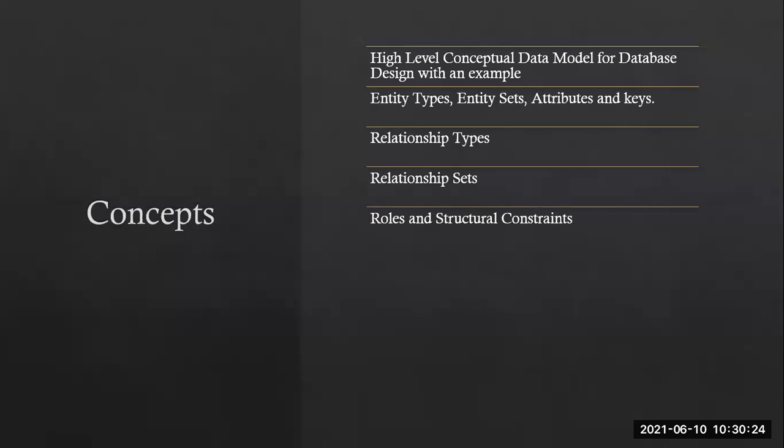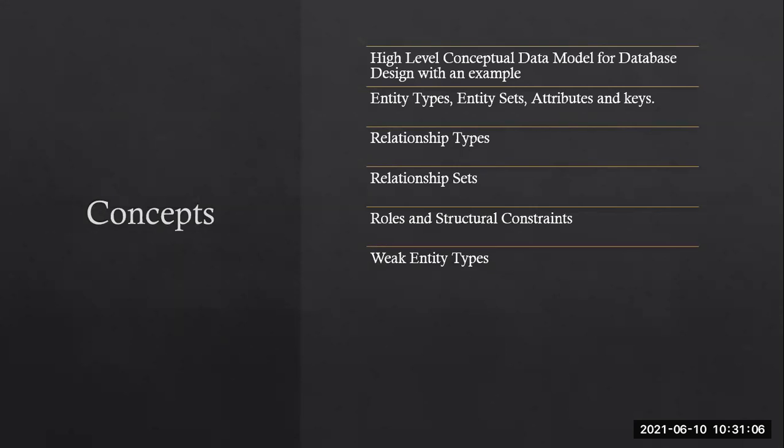Then roles and structural constraints. Now for these roles and structural constraints, we should be very particular about the construction of the tables when you work in your lab session. That time you will get errors called constraint errors, and we don't know what this constraint is. If you change one roll number, it should be reflected for your second semester, third semester, fourth, fifth and sixth year. So that is what roles and structural constraints teach, which is completely related to the primary key and foreign key. Okay. Then the next topic is weak entity types.